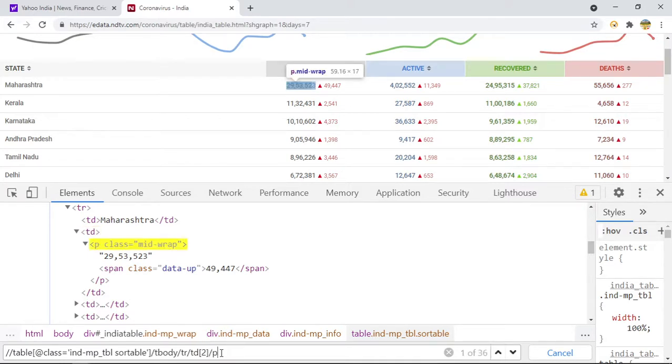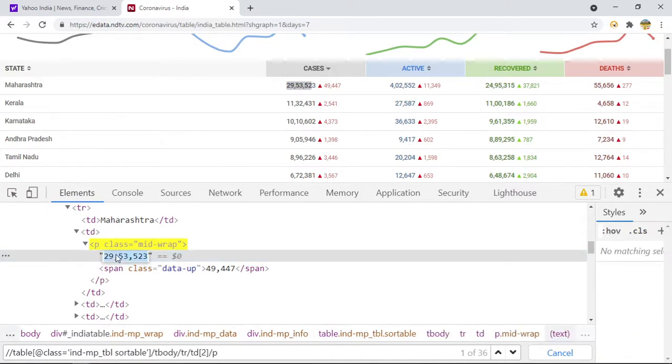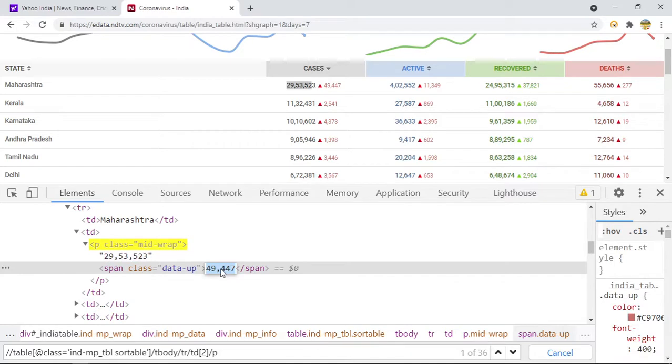Now we are here. So now I have written the XPath till here, right? And this is the number. So basically, how the get text will work, here the get text will find two data. One is this text, and the second is this text. So basically it is going to return both the data, right? So first tell me, are you able to get how we have written the XPath?